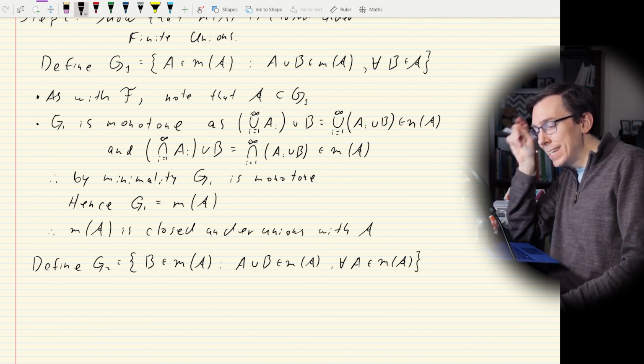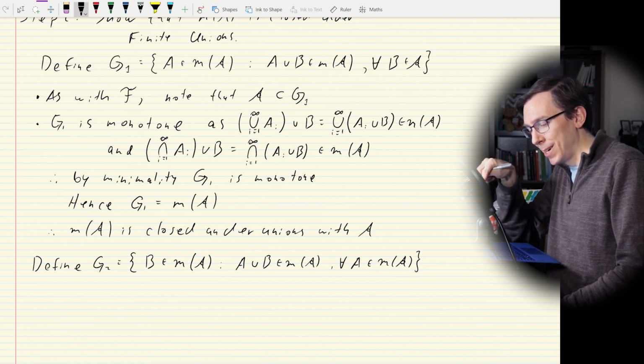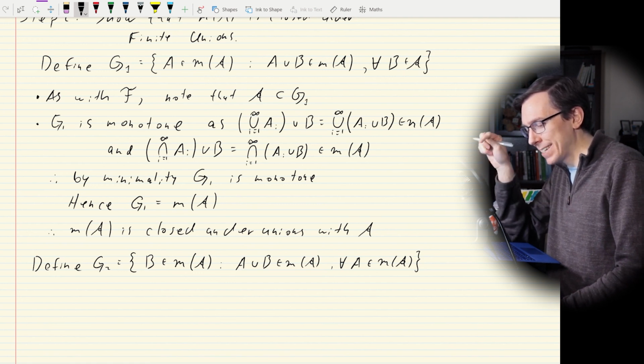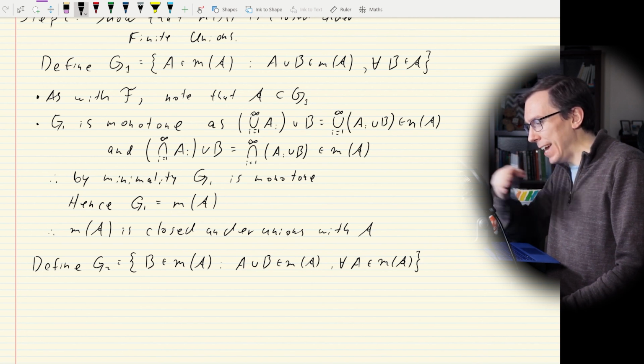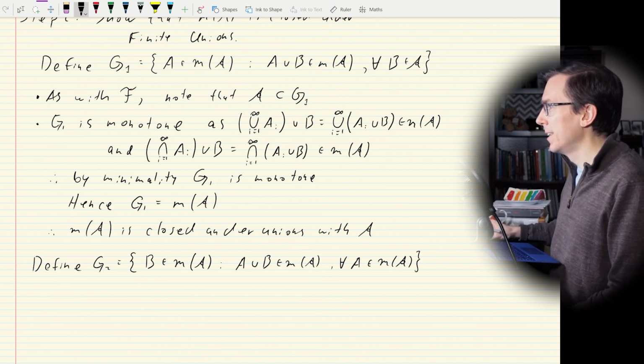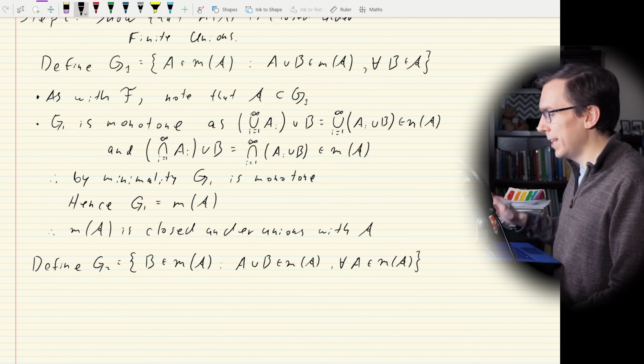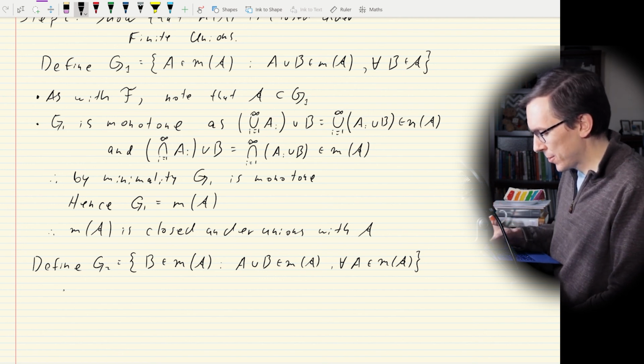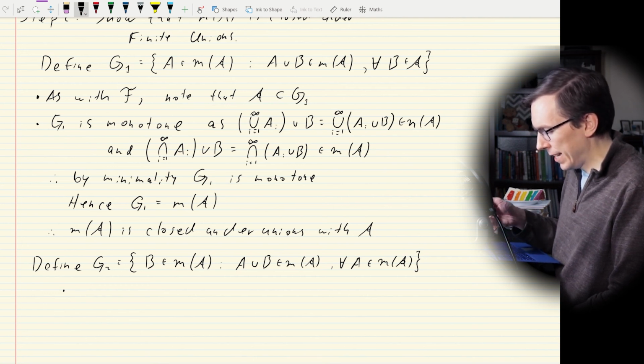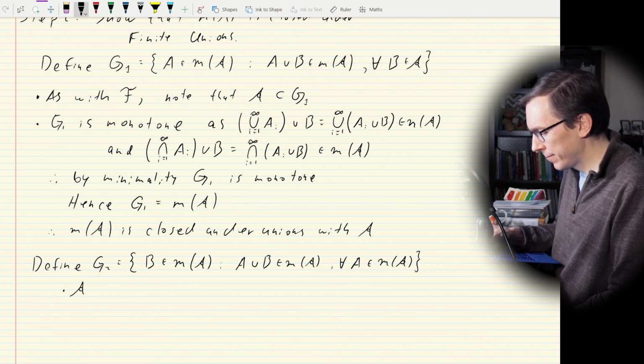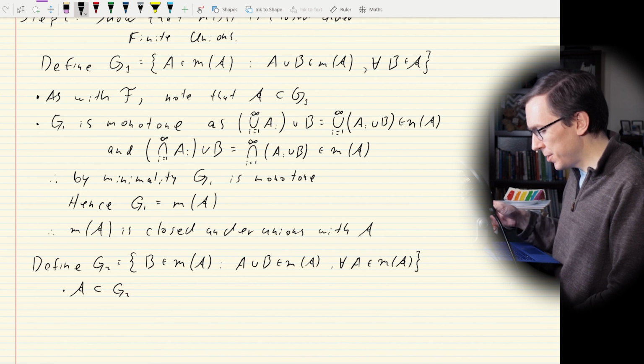Okay, so this is the one we want to show is monotone and the same as M_A, because then we know we can take unions under any element of M_A. So this isn't so bad, right? First of all, we have, once again, that script A is contained within G2 here,